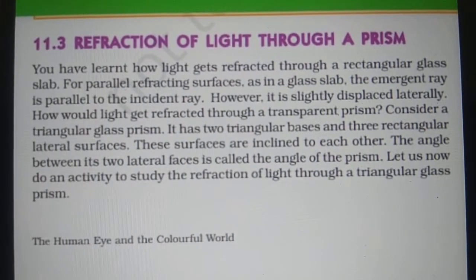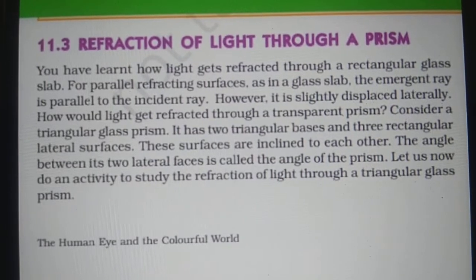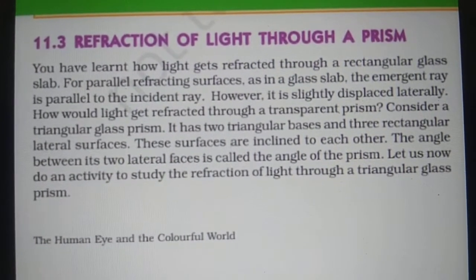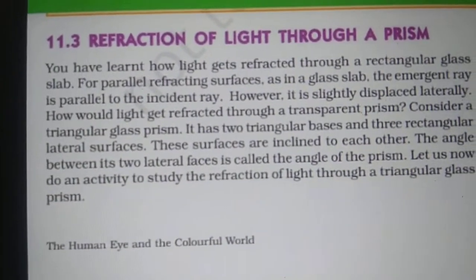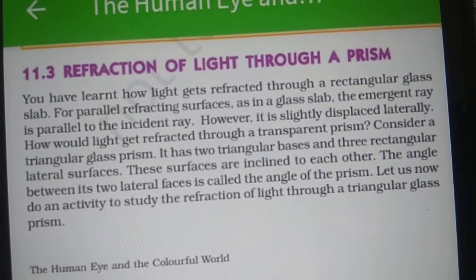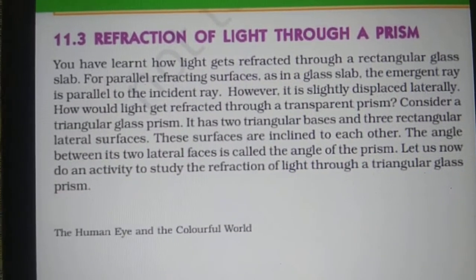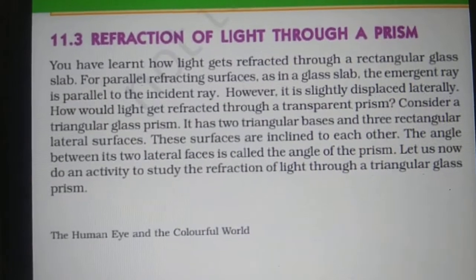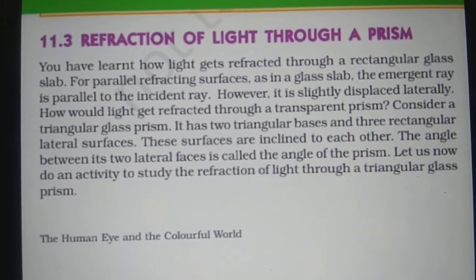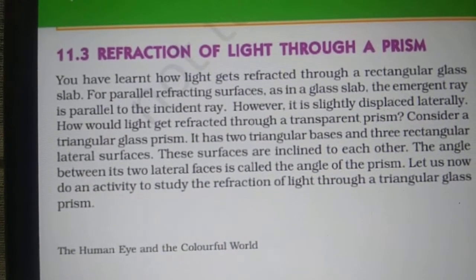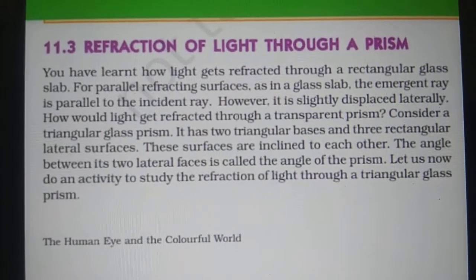I don't know how many of you have seen a prism, but a prism is something made of glass. What happens, for general knowledge, I'm just saying, so just listen. The simple thing that happens in a prism is when you pass the light from one side, the light comes out from the other side, or if you pass the sunlight through it, then the spectrum of colors comes out from its side. But in this case we'll just see how light goes inside the prism and then how it comes out.